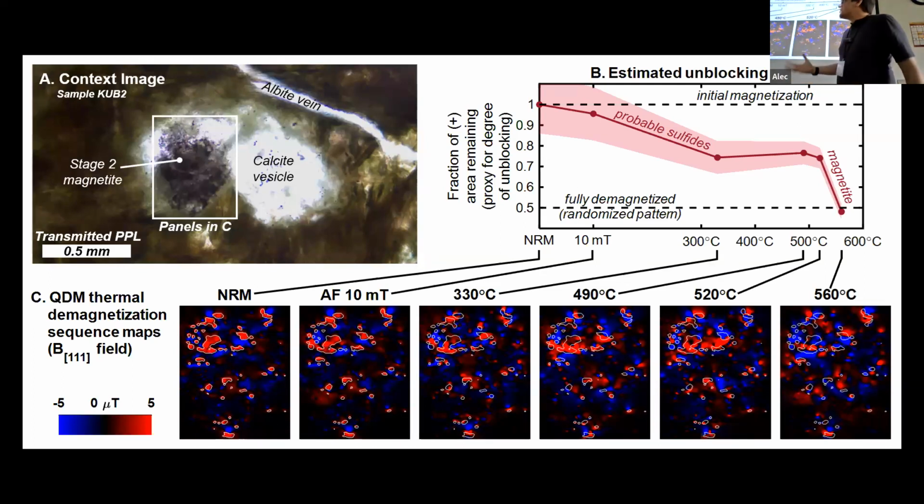The way that works in practice is, we identify an example of this texturally defined magnetite in a vesicle. We image it in NRM. And we identify, I've drawn them in the thin white lines here, positive patches of surface field on that map. Then as we demagnetize a step and image it again multiple times, we keep track of what percentage of the area in those white areas that were initially all positive remain positive. Once you get to the point where there's 50-50 positive and negative, in other words, those original areas have no bearing on the current state of the field,